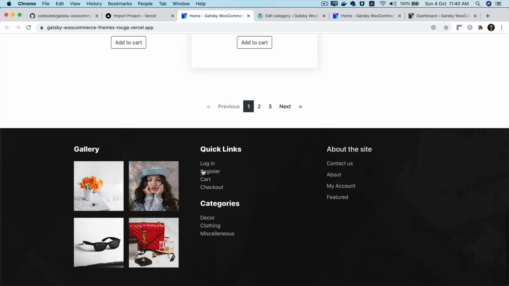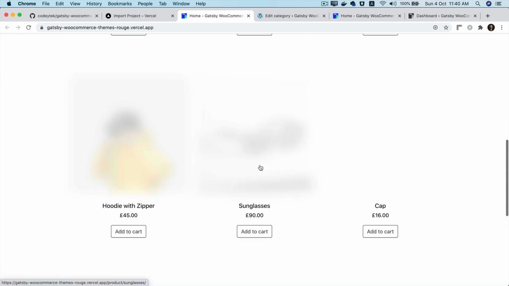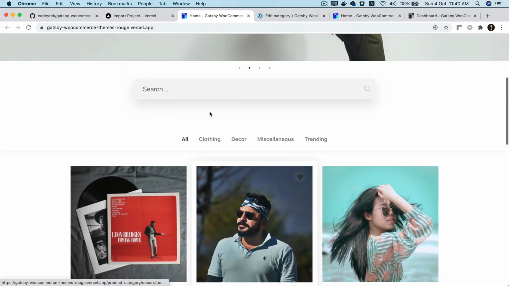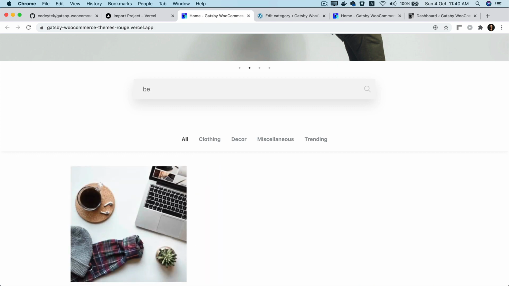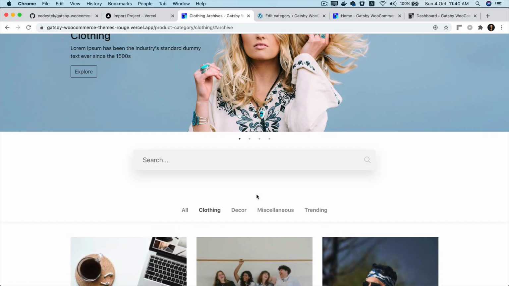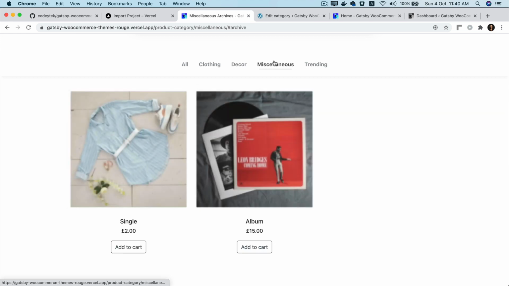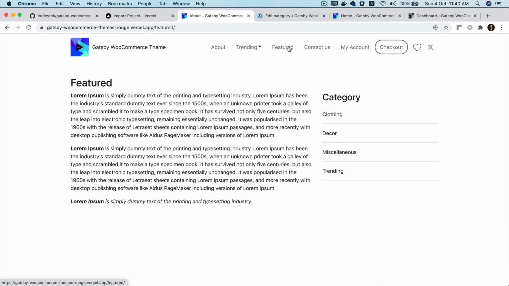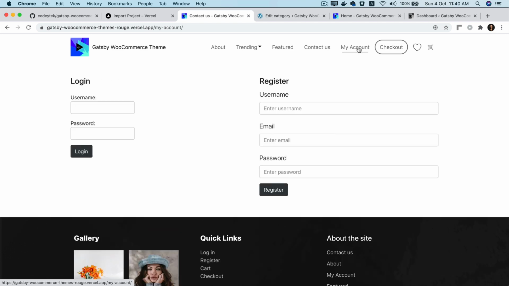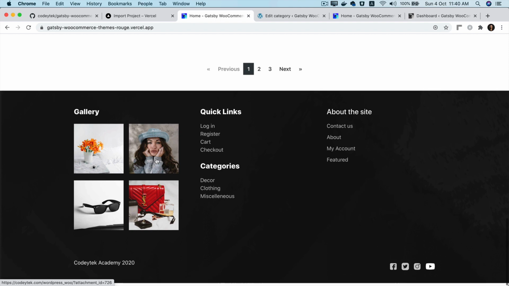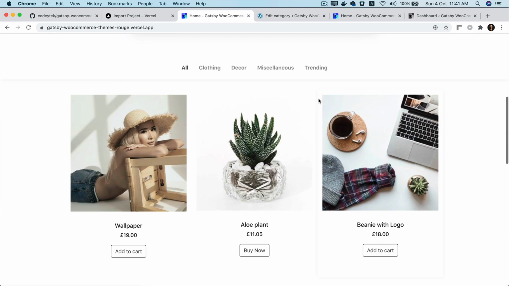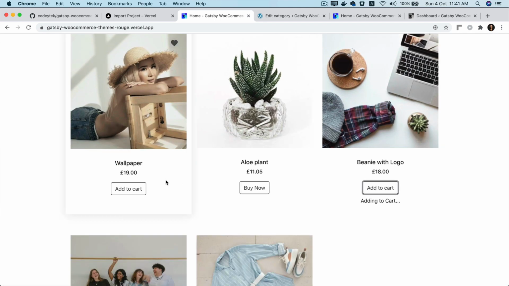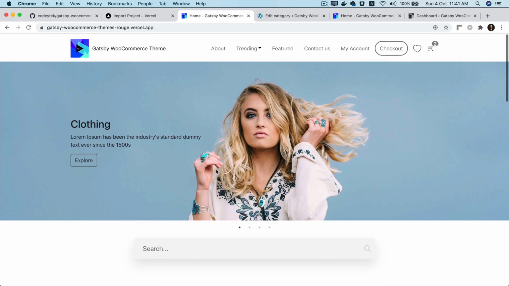And as you can see, this all works. Your pagination works. You can search it. Yeah. You can go to different pages. Awesome. Isn't that amazing? You've got your about page, featured, contact us, my account. All of that stuff working absolutely perfect. Great, nice. And you can do add to cart. You can see it's adding to cart. Add to cart here, and then I've got